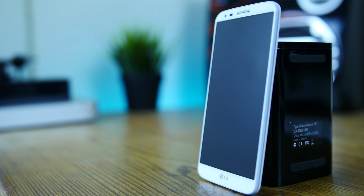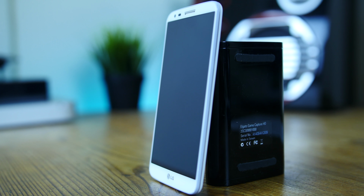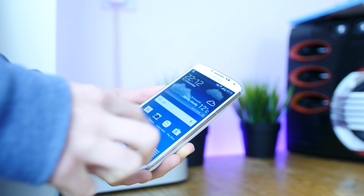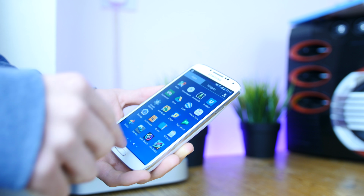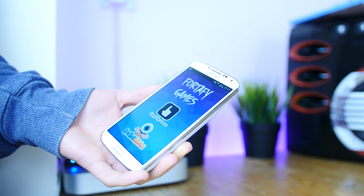Now, my G2 has had some real issues when it comes to boot loops, and I've made a full video on LG boot loops, so do check that out if you're interested. As for the S4, the Wi-Fi stopped working after 3 months, which is kind of silly, and now I would say that the devices are both rather buggy. Of course, you can combat this and fix it with your own custom software, but as much as I've tried, I cannot fix either of these phones, so I would not call them incredibly reliable,